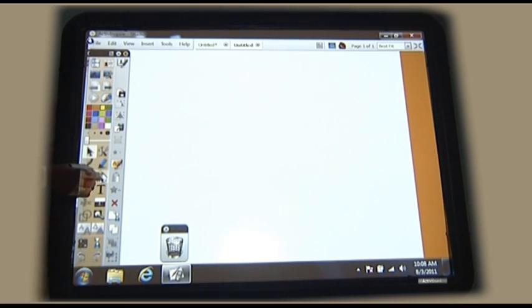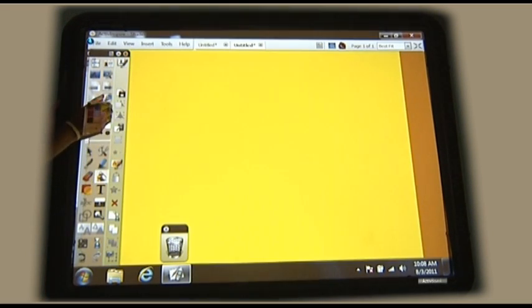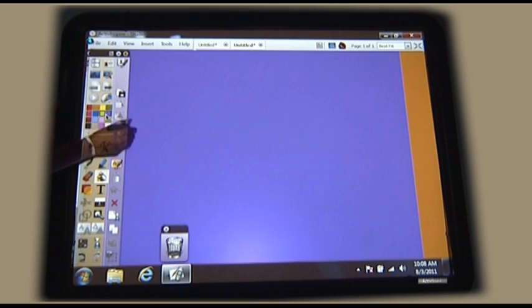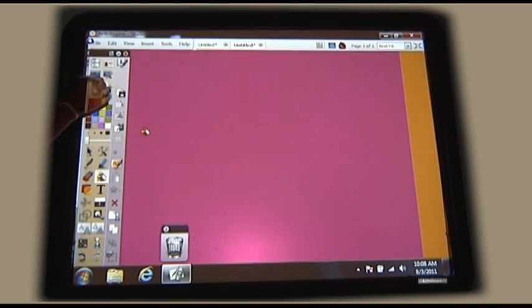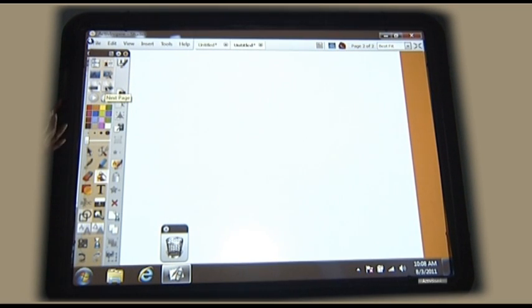First we'll see how to change the board color. We don't need to use only white page. We can use any different colors, whichever color we want. We can just go on selecting the colors and whichever color we want on the screen can be brought on the board. We can shift on the next page.